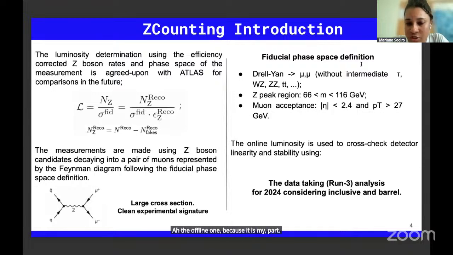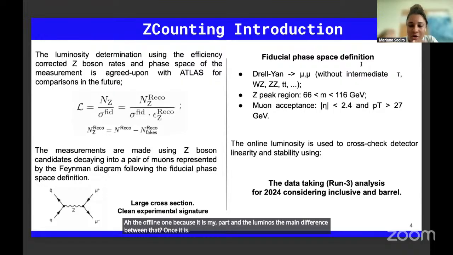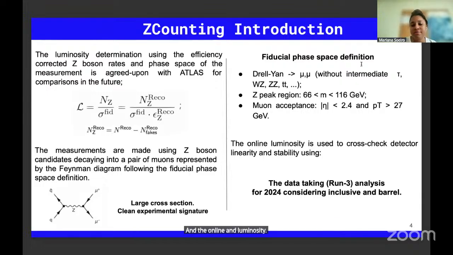The main difference between those is that the offline luminosity is a little better because you have more time to work on that, to have more procedures. The online luminosity is faster, but the efficiency is not so good. Basically, we're talking about the Run 3 analysis. I will share here the 2024 inclusive and barrel